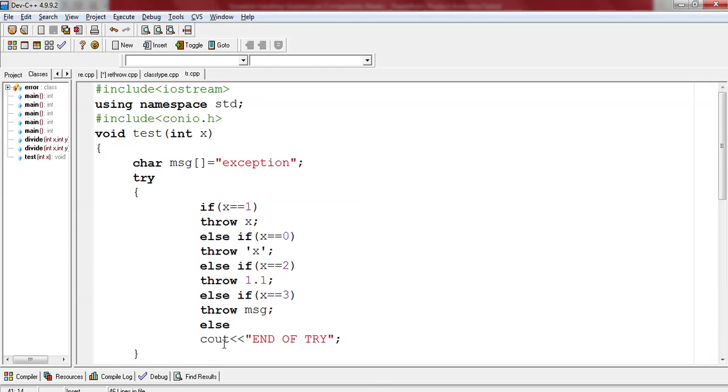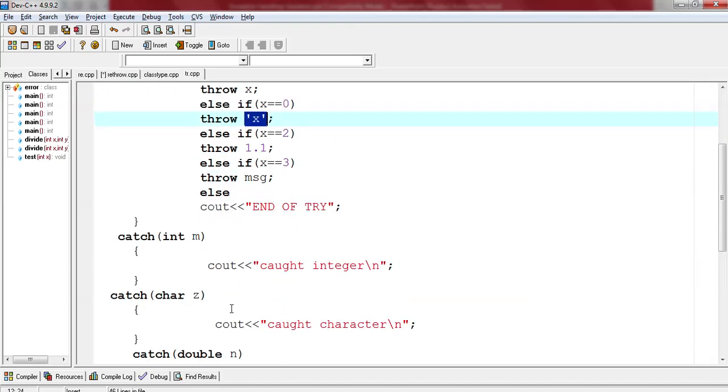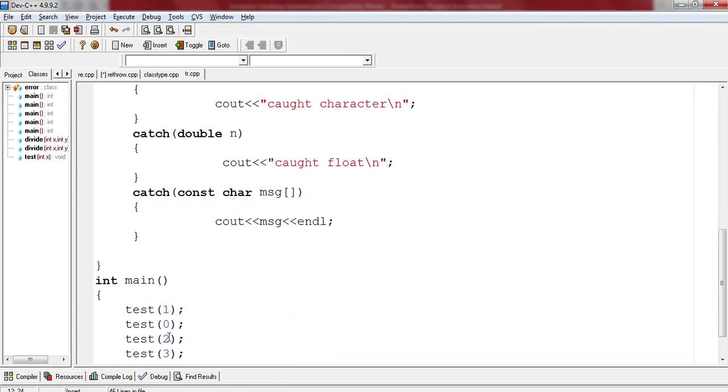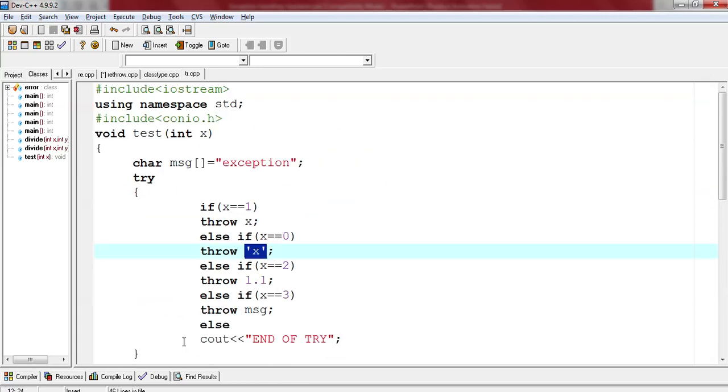Now next value is test 0. Again a function call, next value of x is 0. For x equal to 0, what am I going to throw? A character, in single quotes. Means through what type of exception? Character type. For char what have I written? Caught character. Similarly for 2,